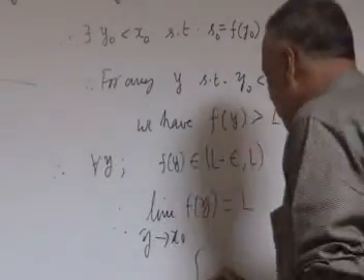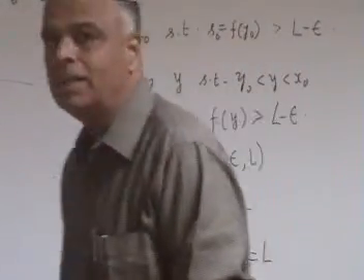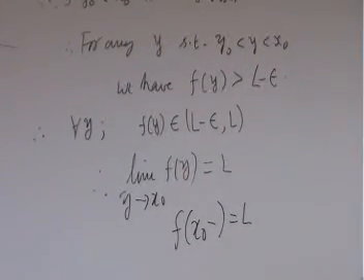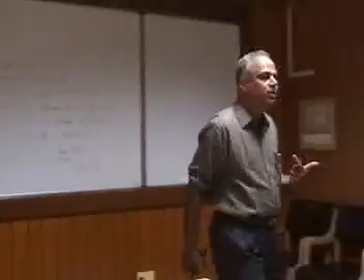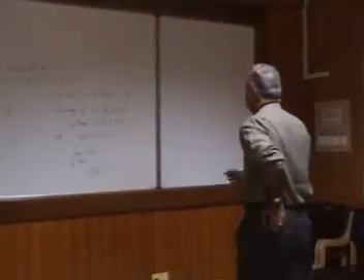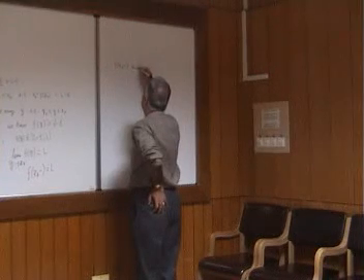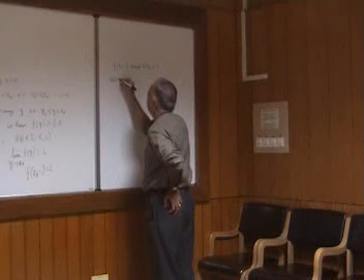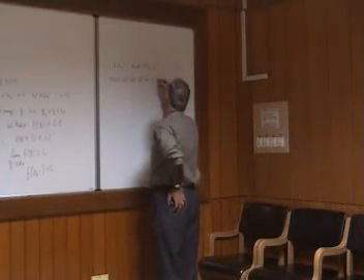But what is this limit? This is precisely f x naught minus. So what this really says is the left hand limit must exist, and it must be equal to this least upper bound. Similarly, the right hand limit will exist and it will be equal to the greatest lower bound. So the important thing is therefore f x naught minus and f x naught plus exist at all points in (a, b).